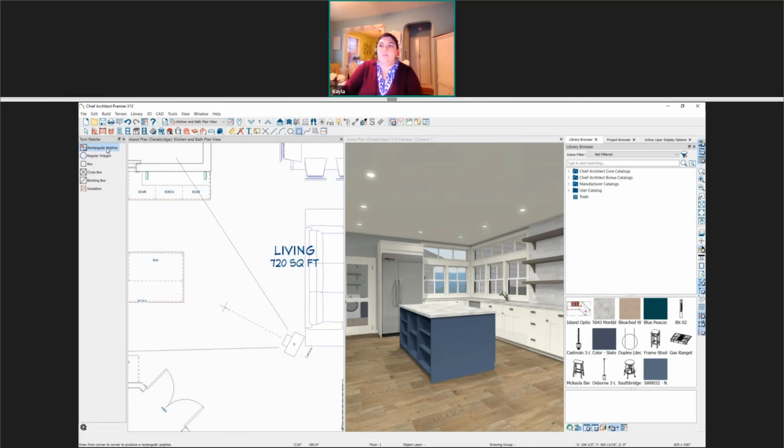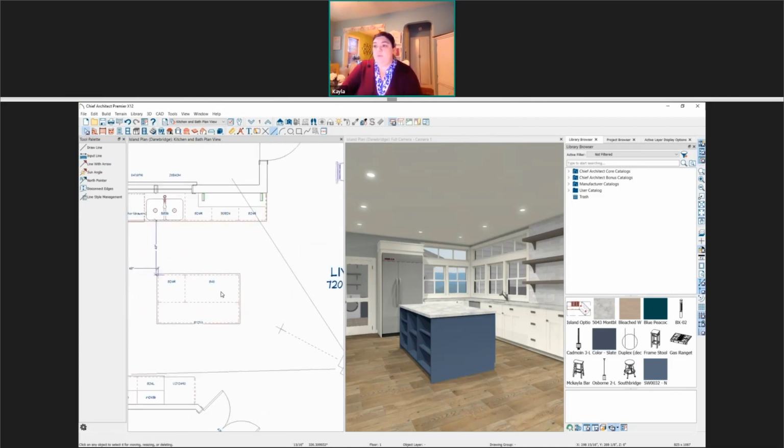we have a polyline tool, and when we use this tool, we can see it in 2D, but not in 3D, until we actually select it and convert it over. So sometimes I like to use this method if I have a really irregular shape to my countertop. So I will just draw out that shape line by line. And then as soon as those lines connect and form a closed polyline, so I can see the fill within here, at that point I can use my convert polyline to convert it over to that custom countertop. So some of you that are doing really intricate shapes, drawing it out line by line sometimes can be the easiest way to accomplish it.